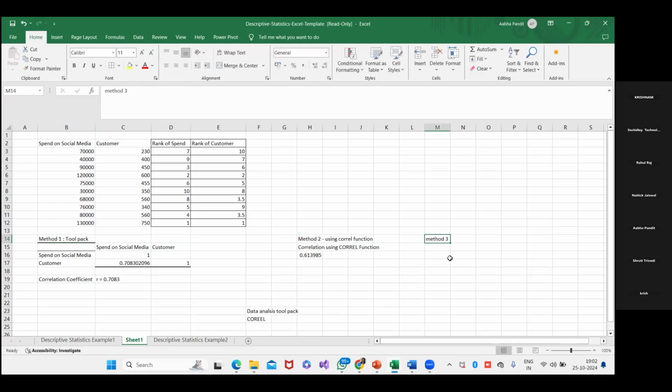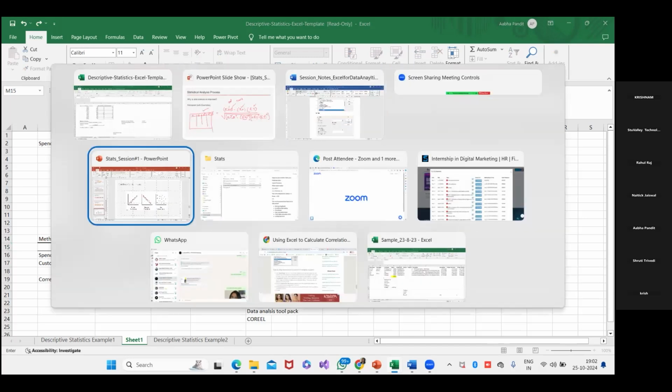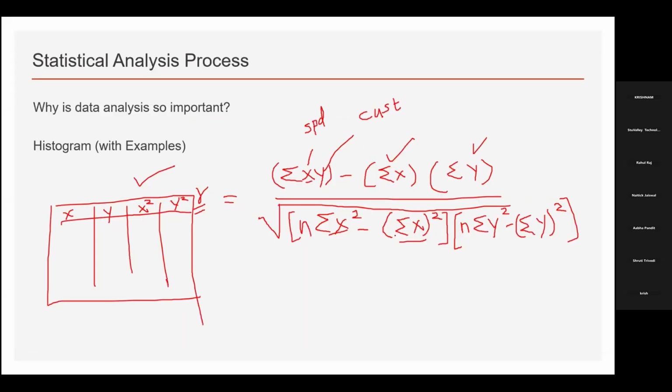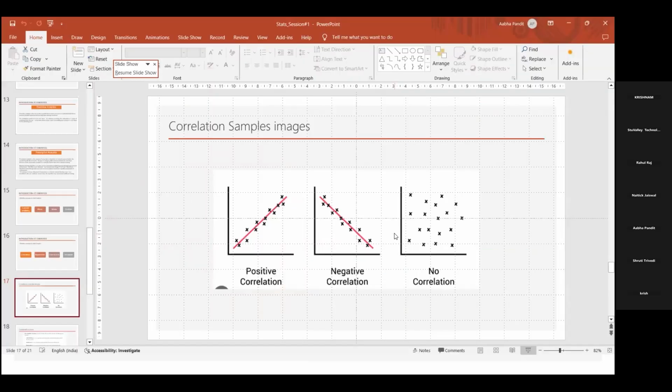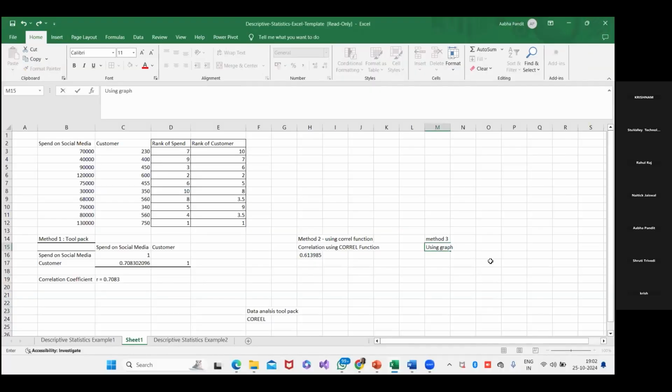मेथड 3 है स्कैटर्ड ग्राफ से, यूजिंग स्कैटर्ड ग्राफ, क्योंकि ग्राफ से भी हम देख सकते हैं ना। देयर आर 2-3 ways to evaluate basically correlation, right? आपको ये स्टार्टिंग में बताया ना मैंने, एक ग्राफ यहाँ पे ये देखो। ग्राफ से भी हम आइडेंटिफाई करें ना, कोरिलेटेड है, नहीं रिलेटेड है, निगेटिवली रिलेटेड है। तो ग्राफ से भी हम कर सकते हैं। ठीक है, ये हम देखेंगे मे बी इन द नेक्स्ट सेशन।